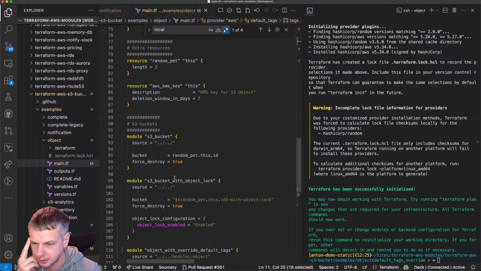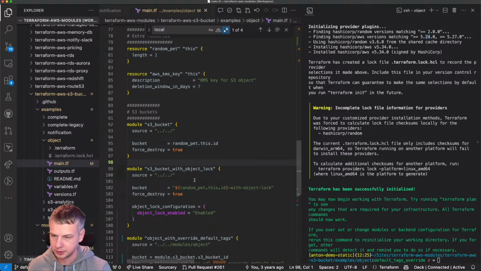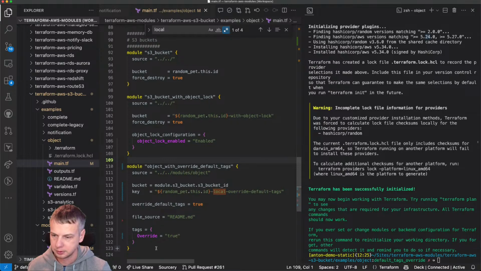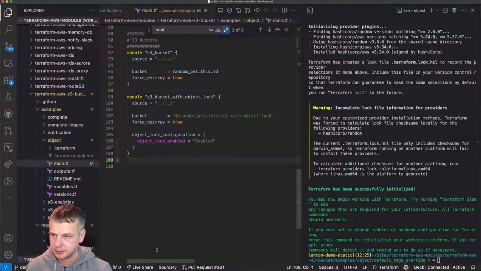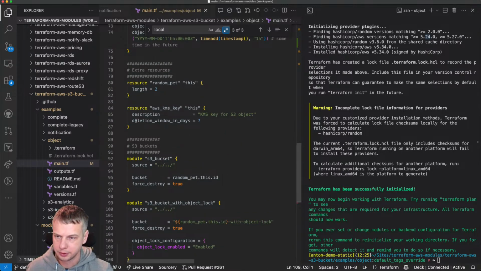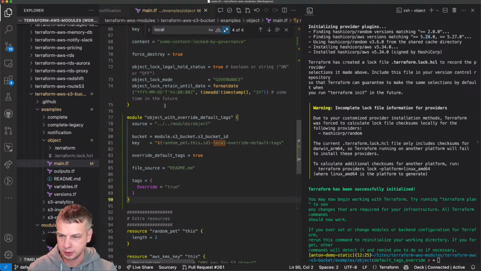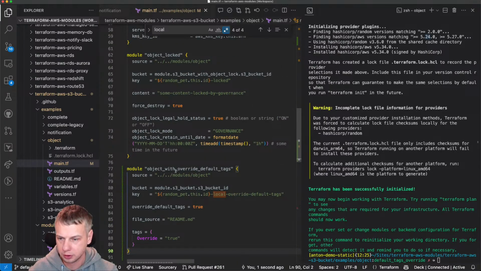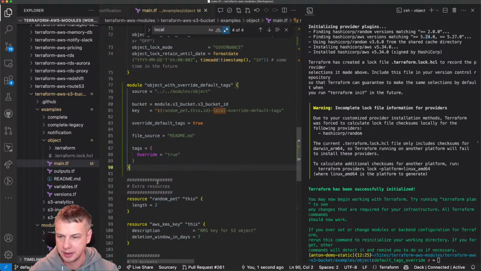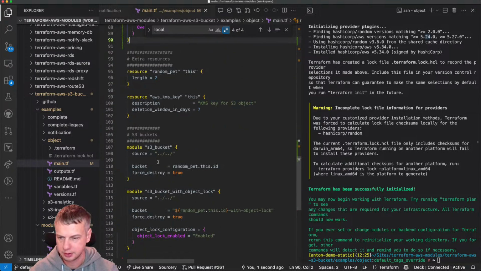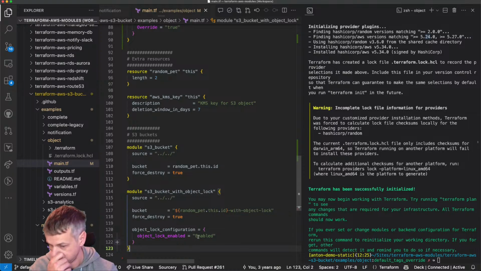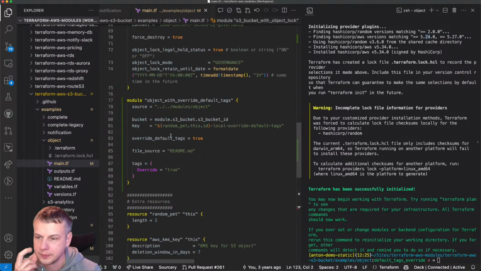Why is this S3 bucket with object lock? Yes, but the logic here is that first we have the most important module blocks, right? Object locked, object with this. Then we have extra resources. So that's why it's not good to have it so low.